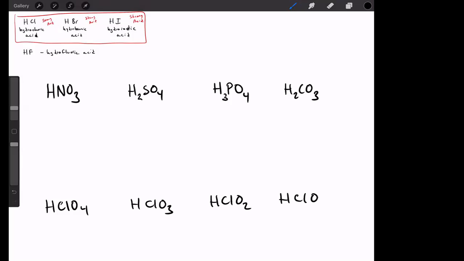So let's take a look at these. Look what I did. And this is going back to why polyatomic ions are so important when it comes to nomenclature. Look at the different acids that I've written down. They all involve polyatomic ions that you should have memorized. They all involve these polyatomic ions. And in fact,